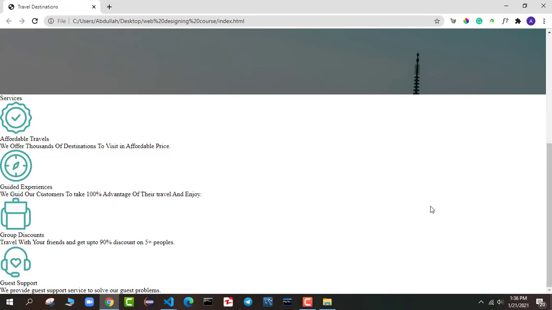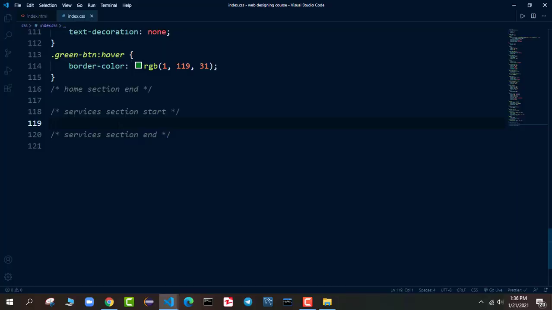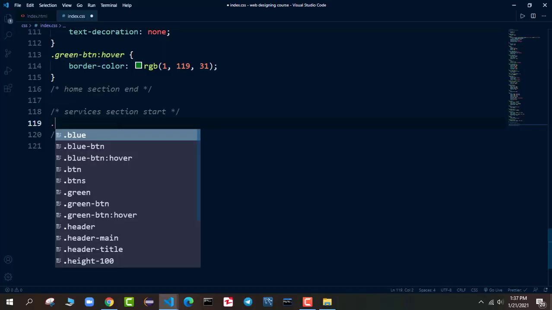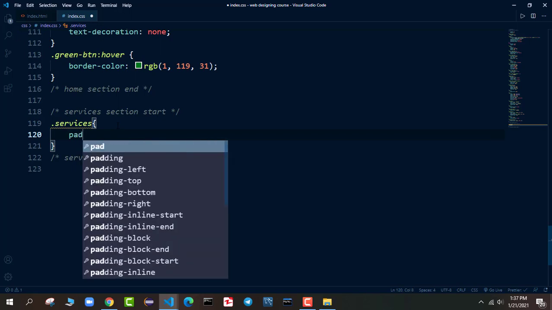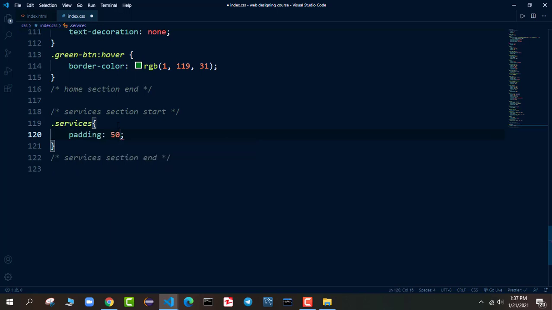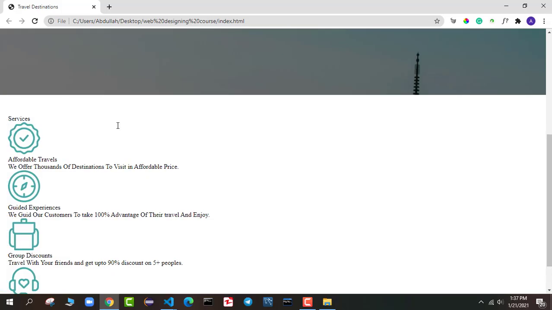Okay, now let's style our services section. In the services section we will add dot services title. We say dot services. So this is our first class, and for now I want to apply padding, which is top bottom 50 pixel, left right 20 pixel. If I go back, you can see this is what we got.